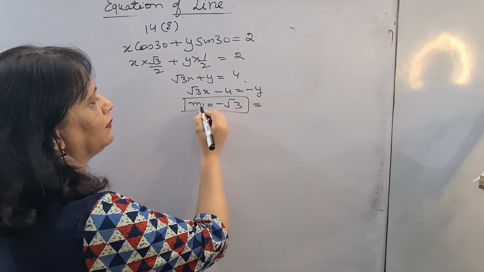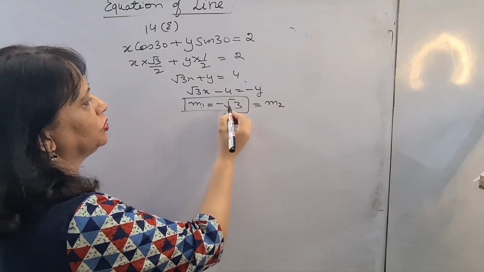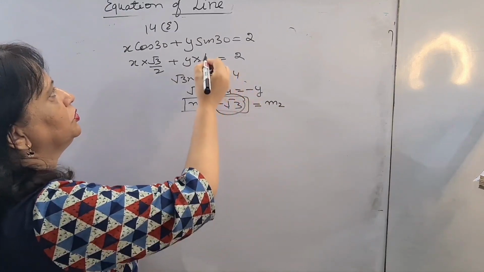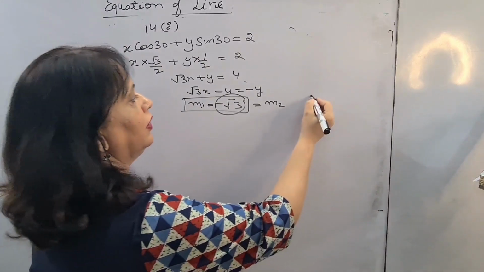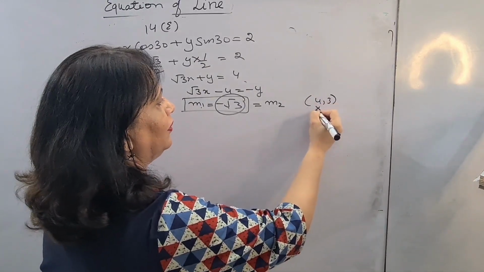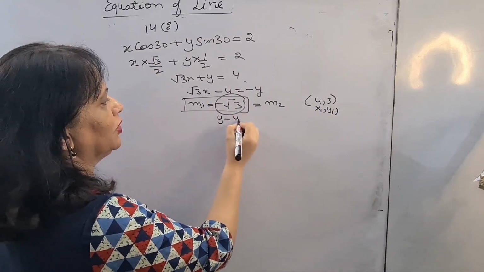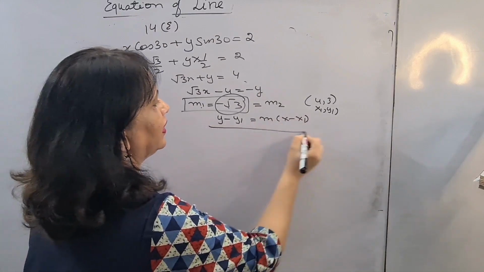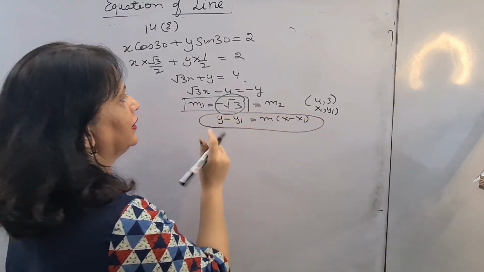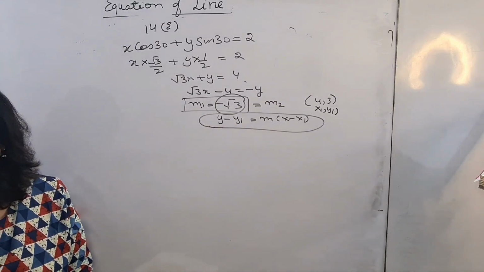This is your slope, and you have to find the equation parallel to it. So for the equation of the line parallel to it, slope m2 will also be equal to minus root 3. You use the slope, and you use the point given in the question, that is 4 comma 3. 4 comma 3 will become x1 comma y1. Slope you already have, use the one point form, m into x minus x1, and get your required answer. So again, I have given you the hint, you will solve the sums and you will ask the doubts.